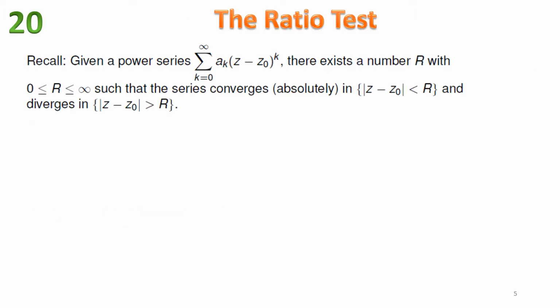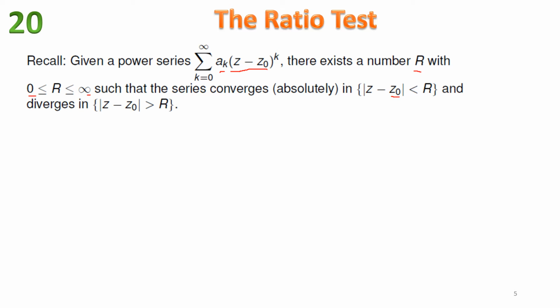Power series. Now let us recall the idea that we have developed in the previous lecture. Given the power series sum of a_k times (z minus z0) to the power k, where k rolls from 0 to infinity. This is a power series. For this power series, there exists a number r, having some value between 0 and infinity, such that the series converges, of course, absolutely if that complex number z is within the radius r from a reference point